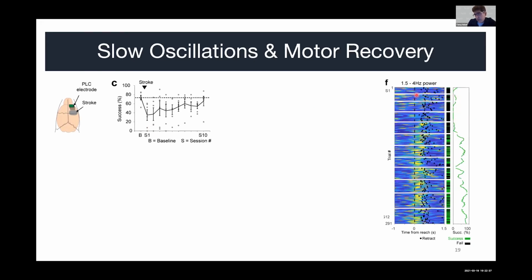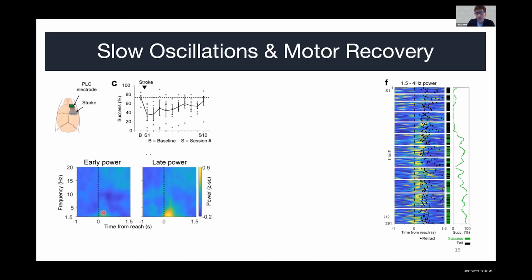So here is a stroke rat, and you see early after stroke, this is session 1, or closer to starting from the first trial. And this is session 12. And you see slowly, so these have occurred across a few weeks, that as the performance starts to recover on this task, this oscillation seems to track recovery. So this LFO oscillation tracks recovery, and it can be a biomarker for recovery. And we see this at a population level as well on the LFP power.